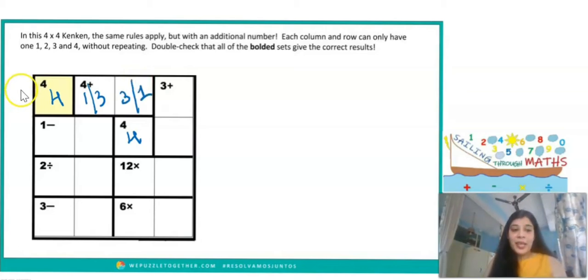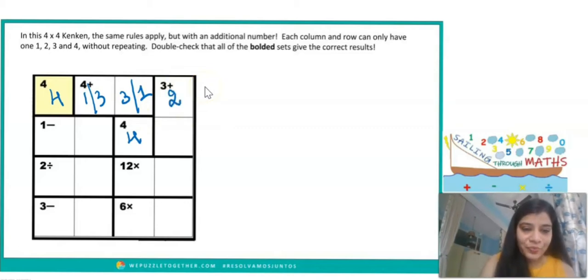Right. Now see, in the first row, what are the numbers between 1 to 4 which are already used? 4 is already used. 1 and 3 are also used. We don't know the position of 1 and 3, but we know that definitely 1 and 3 are the numbers which are used in the first row. So can I say that the number which is going to come here is nothing but 2? So let me write 2 here.